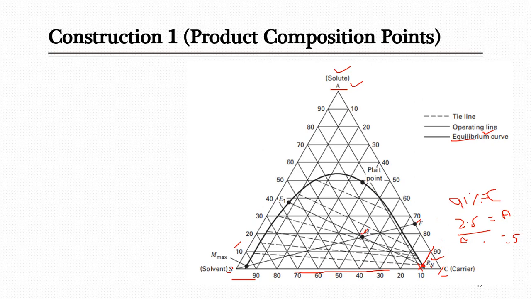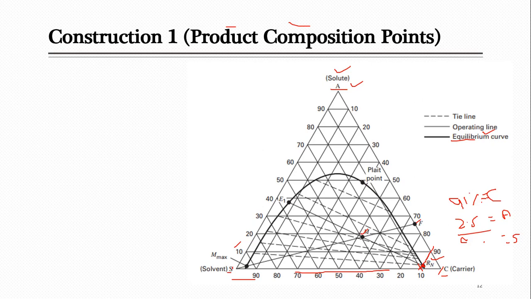Next, we have located the raffinate leaving from the Nth stage, and its composition is available. We have to look for its amount later. At least we have located the composition of one of the products. As I told you, that's not exactly the product, because we are concerned about the solute at the end of the day in liquid extraction systems. But here we are treating raffinate and extract as the products of this system. So you have found the composition of one of the main products, and that's the raffinate.